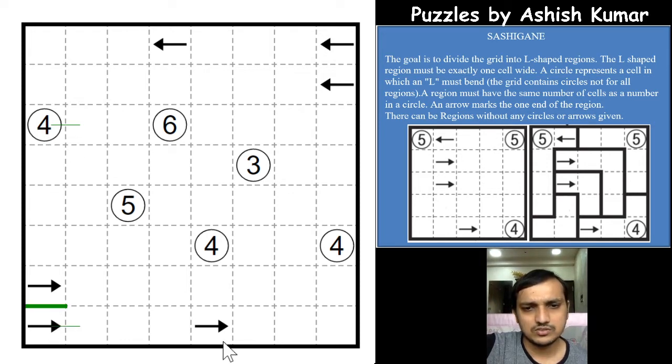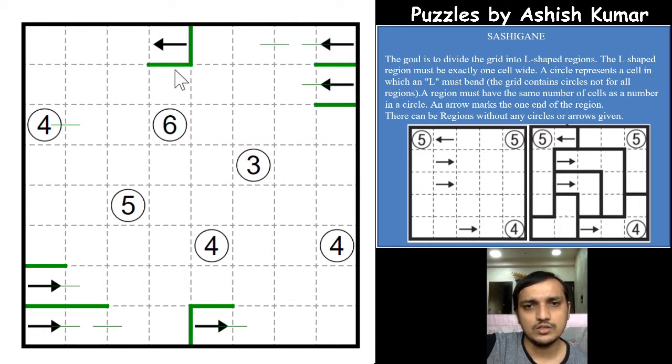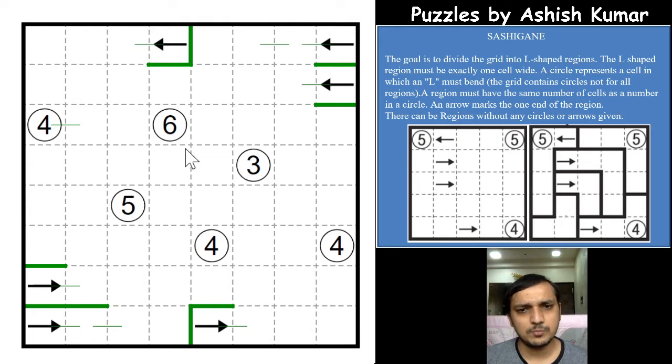Let us mark these arrows here. As the arrow points towards the bend of the L shape, we'll extend the arrow. We'll extend and we'll close the thick line, so that the region doesn't extend here or here, because it is the end point of the L shape, right? So here, and this has to go straight. This has to go straight too, let's bend this, right?